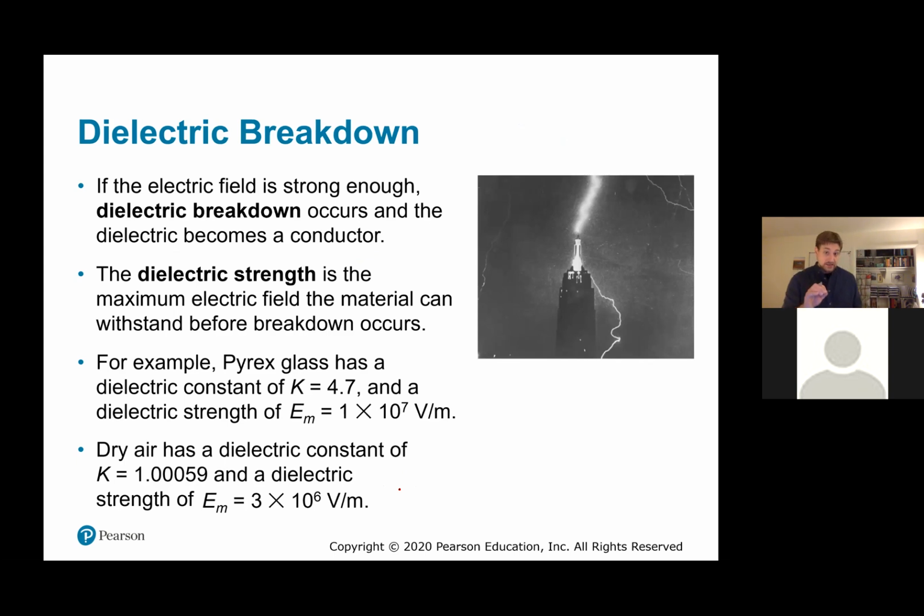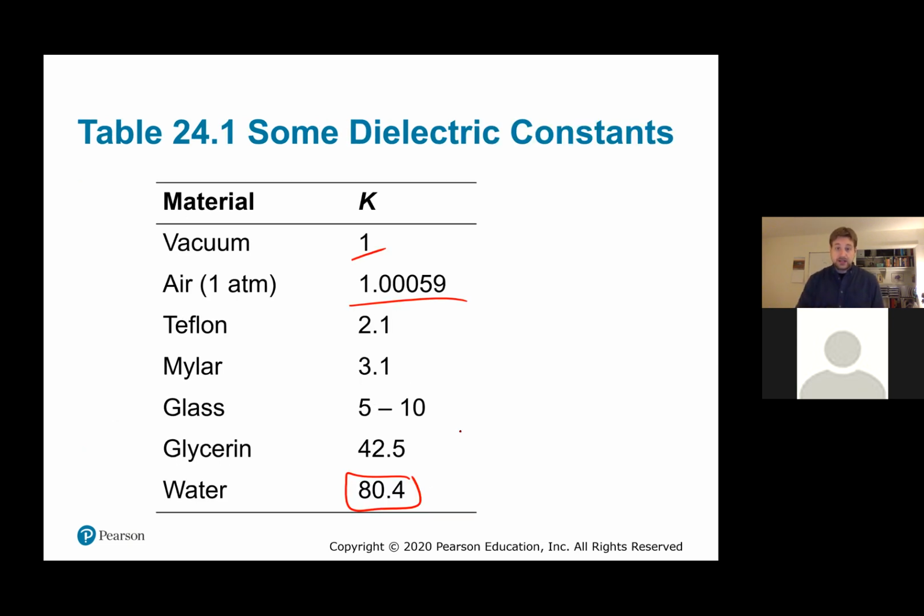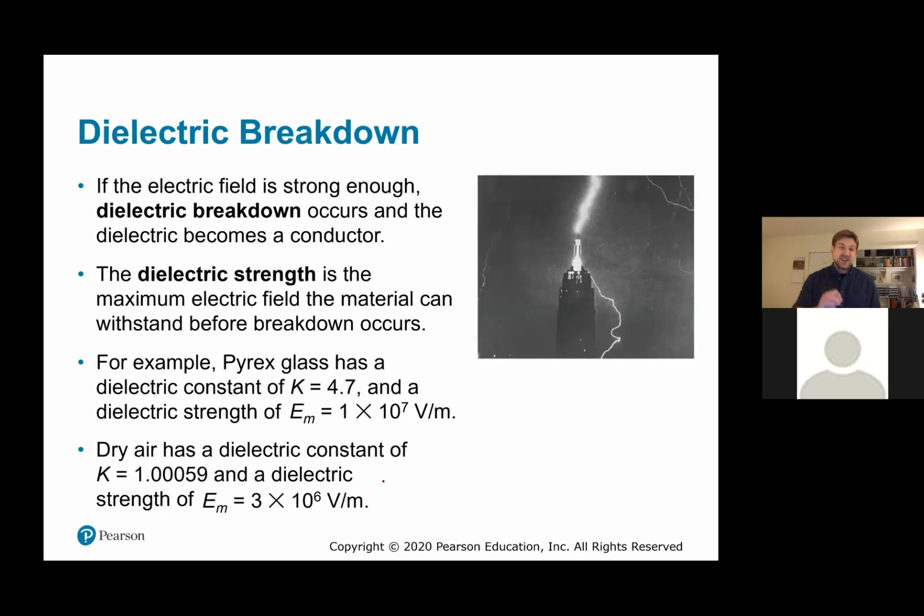Dielectric strength. Don't confuse dielectric strength with dielectric constant. The dielectric strength has to do with the maximum electric field that the medium can withstand before its insulative properties break down. The insulator becomes a conductor if we apply too large an electric field or too large a voltage over a